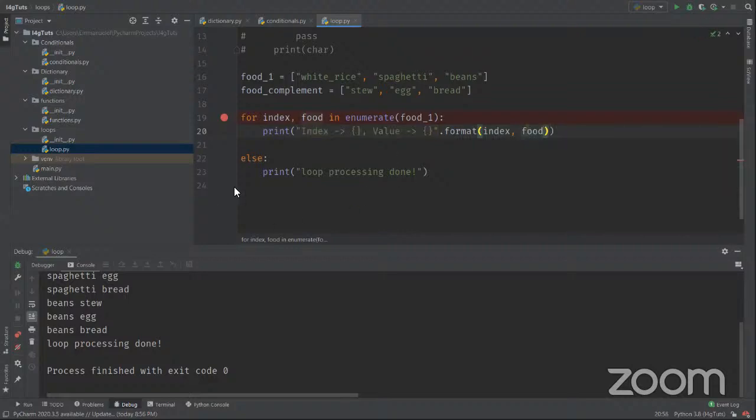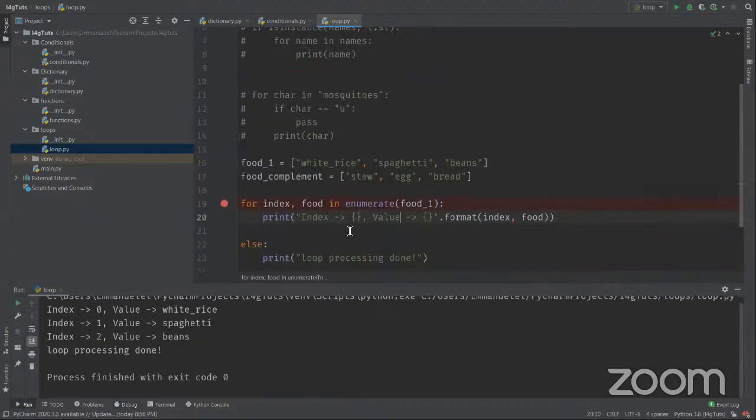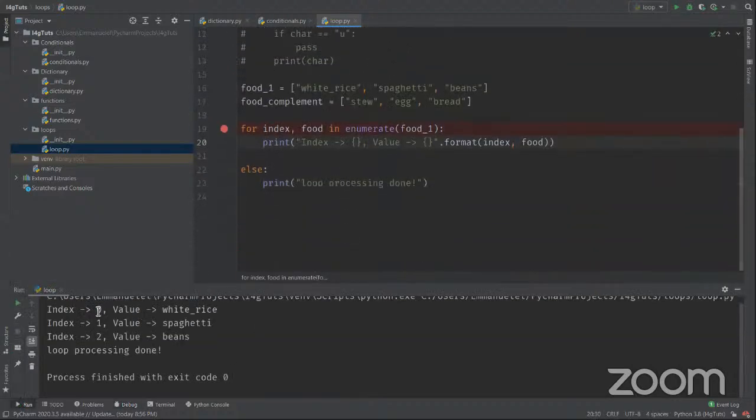So if I do this, what the enumerate does is it prints my index for me. And so you can see the index is 0. What is the value of my first index? White rice. The index is 1 and the value is spaghetti. The index is 2, what's the value? Beans. So the enumerate is a very, very much important